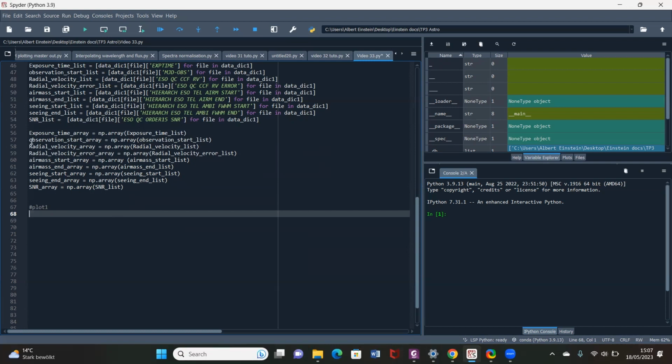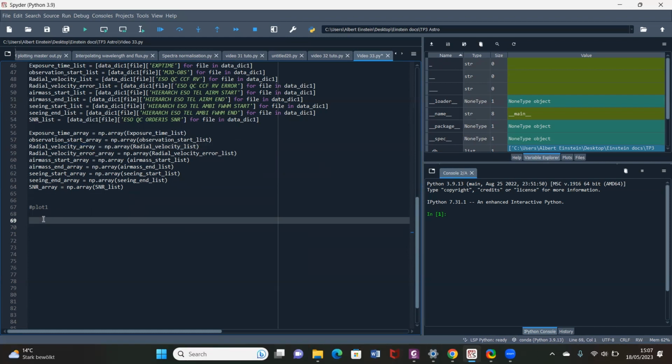We can start with the exposure time, or we can start with the observation start. We are going to plot each of these, one after the other. So our first plot, we are going to see